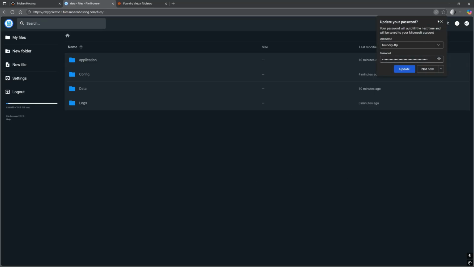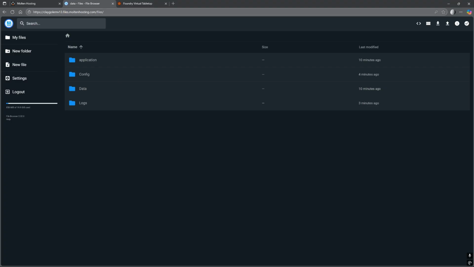But as soon as I click there, I'm logged in. This is now the back end of that Foundry setup for that server. So if you can see up the top here, it is Clay Golem V13 files. So it's not my version 12, this is my version 13. They're completely separate things. So I cannot cheat, because they very cleverly developed this specifically to allow you to do this, but I can make my